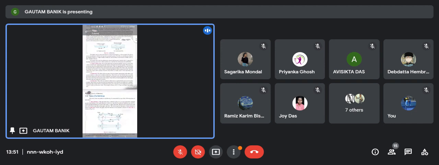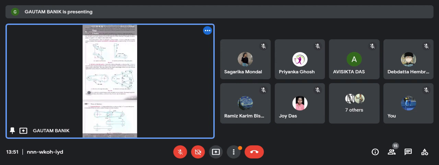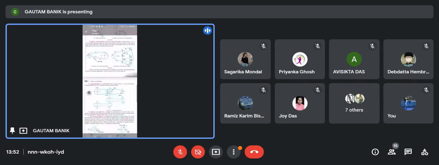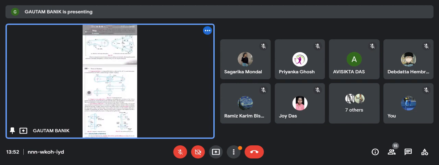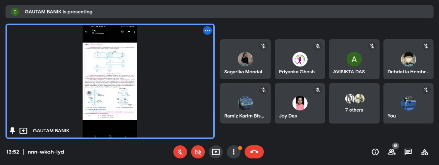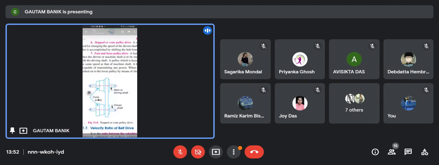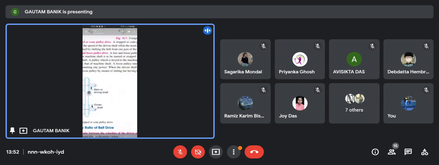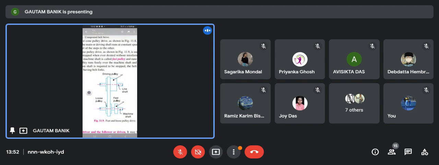তাহলে এগুলো দেখে নেবে। বেল্ট সিস্টেমের যে পজিশনগুলো আছে, এখানে কম্পাউন্ড ড্রাইভ হলো। তারপর নেক্সট ওয়ান ইজ দ্য কোন পুলি সিস্টেম, এই যে ড্রাইভার অ্যান্ড ড্রিভেন কোন পুলি সিস্টেম ইন দ্য স্টেপ কোন পুলি ড্রাইভ। And then another is the fast and loose pulley. Fast and loose pulley means এখানে কি হচ্ছে, ধরো